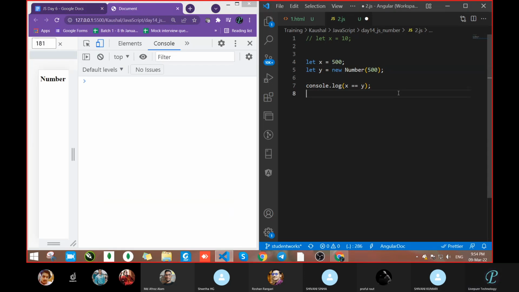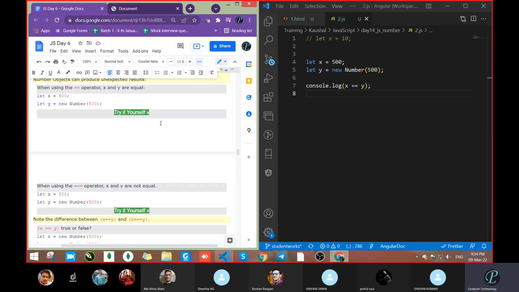What are you thinking? True or false? Sir, true. It will be true with double equals. Both are 500. So this way we can compare.